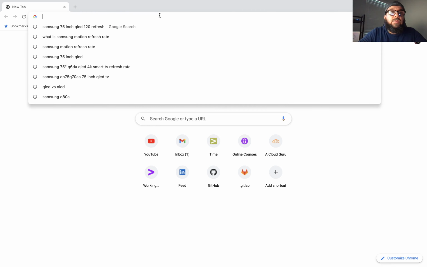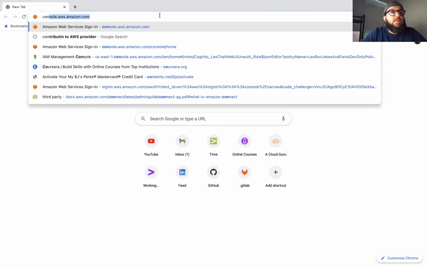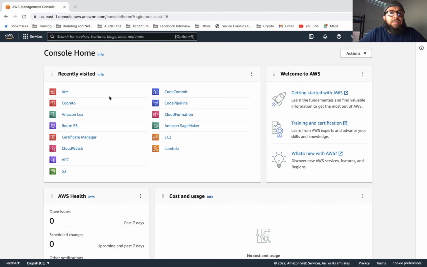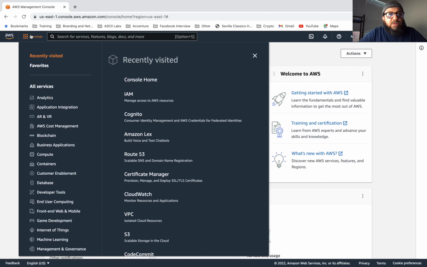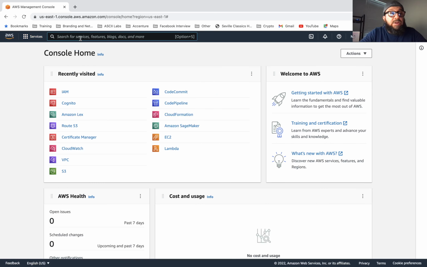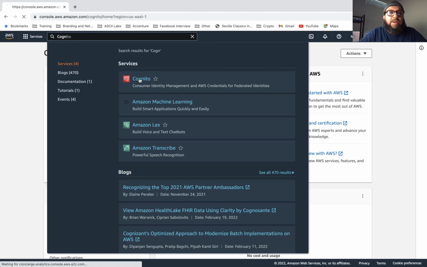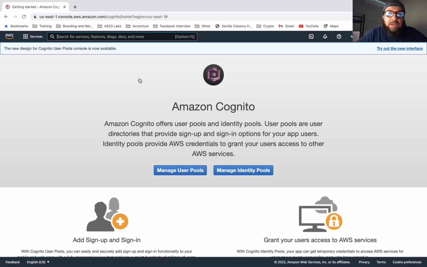So let's go to the console, and I think I'm already logged in. Yep, I am already logged in. If you go to any of the services, you will find Cognito under identity and access. Actually, not identity and access management. Just go to services and type Cognito and you'll find it. I don't exactly know which category Cognito is under, but if you just type Cognito in the search, you will find it. So let's click on Amazon Cognito,